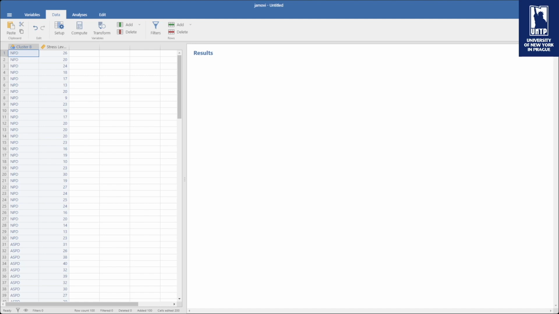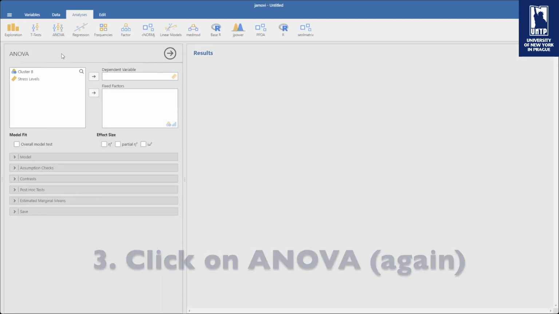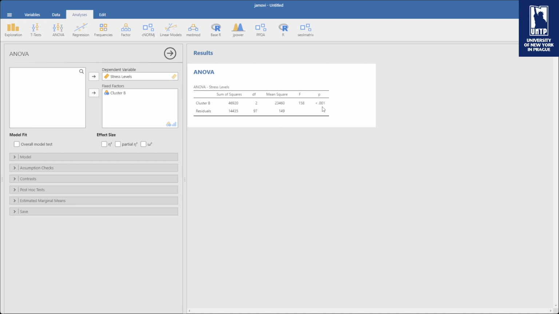And again, we're measuring the stress levels, and we're trying to see via a one-way between subjects ANOVA which of these cluster B psychopathologies will have the highest level of stress. I'm sure that you can imagine already what would be the result, but once again, let's look into Jamovi. So, analysis, ANOVA, ANOVA, cluster B into fixed factors, stress levels into dependent variables, and this time we have a